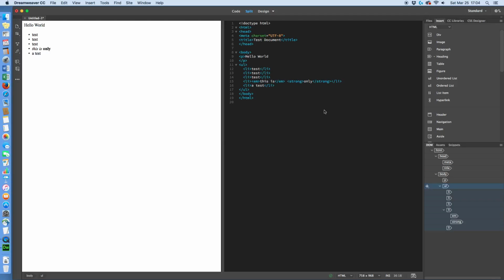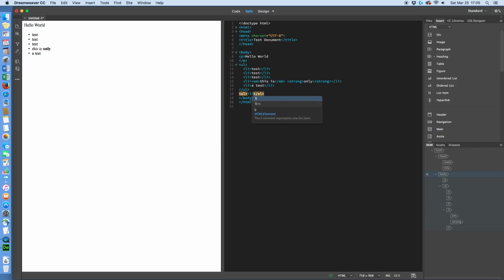handy. So we've got this here, and let's say we want to insert after that. We've already got an unordered list. Let's insert an ordered list. And there it puts in our ordered list. And so we can go ahead and add list items there. Say,